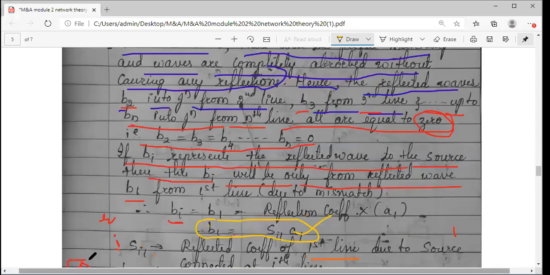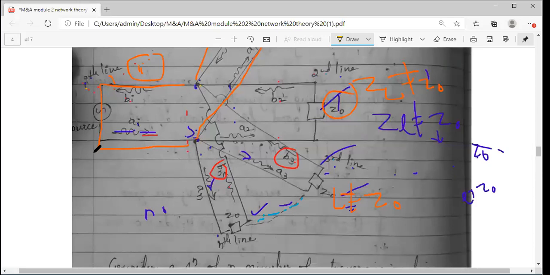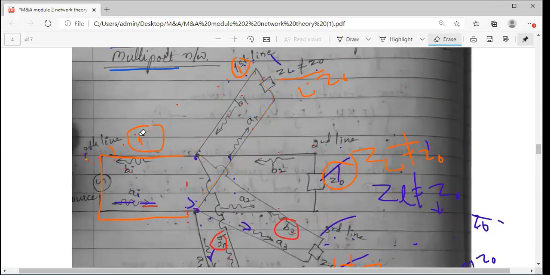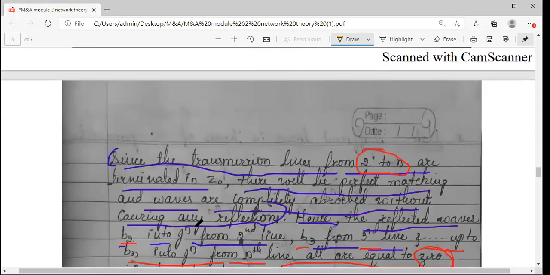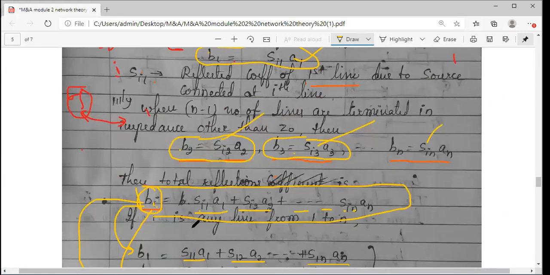What we did for the circuit: first we considered one ith line. We have a junction here of different 1 to n number of lines. This is your junction formed. The first figure indicates this is your source and this is your first line. This is the first pair of network. Second time I will consider the ith line and second line. Third time I will consider the ith line and third line, and so on, ith line and nth line. So if I combine all, I will get the overall reflection coefficient, sorry, reflection for a multi-port network. So this is how I get it.